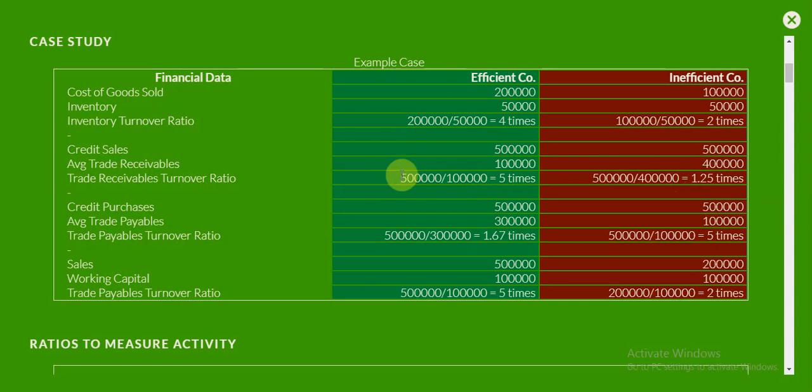So with this turnover ratio, if we calculate the average collection period for debtors, for this company it will come to around 2.5 months. It means that once we make a credit sale to the debtor, in 2.5 months we are able to collect back cash from the debtor. But in the case of this company, the average collection period will come to around 9.5 months. Isn't that too long, friends? We make credit sales and we take more than 9 months to collect back cash from that debtor. So that is why we say this company is inefficient and this company is efficient.